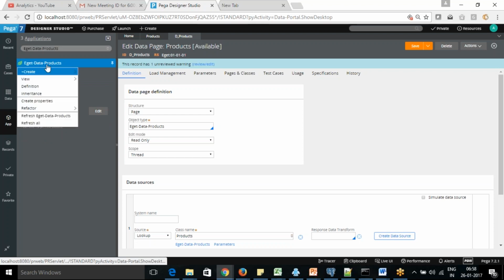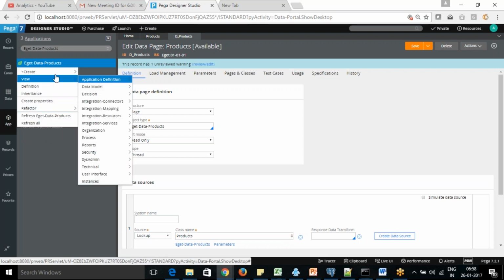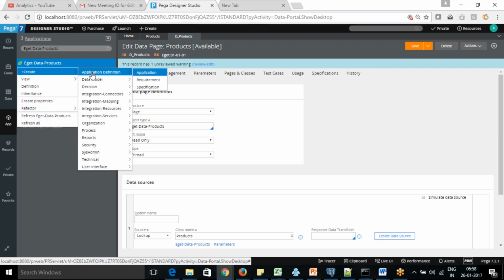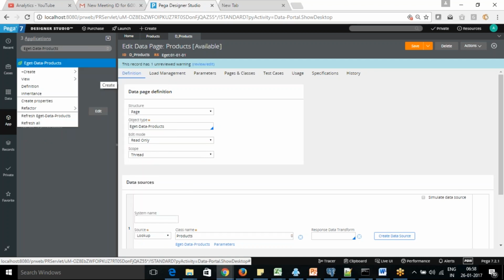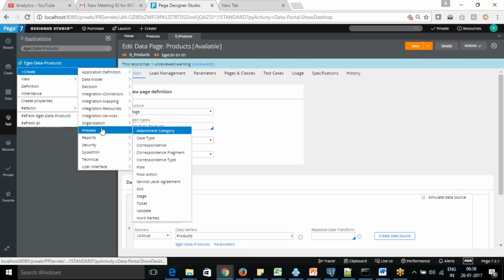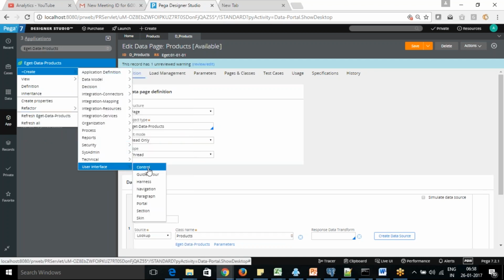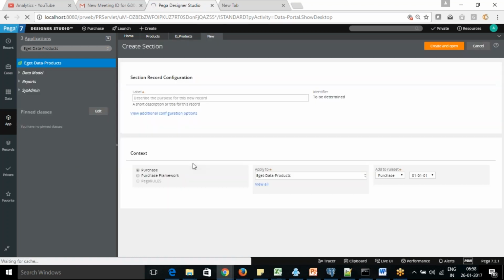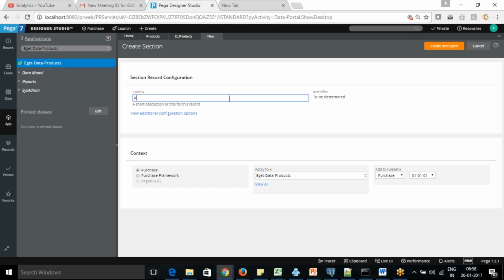Here I'm just going to create a new section UI rule to display the details. So you can see how fast the UI creation is, product details.